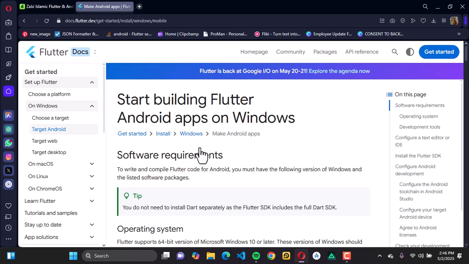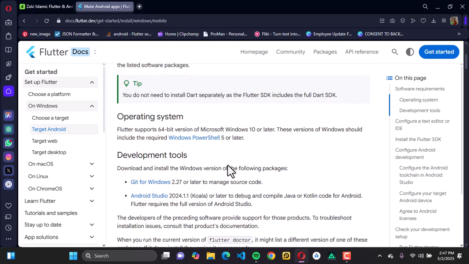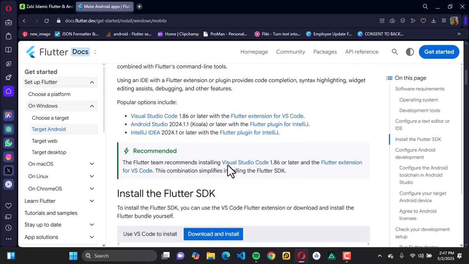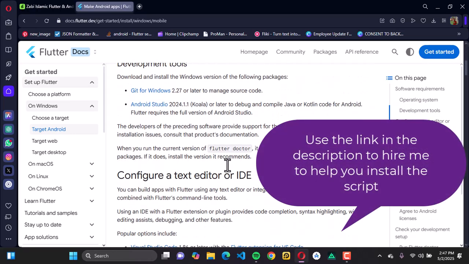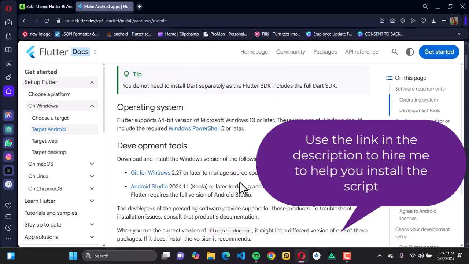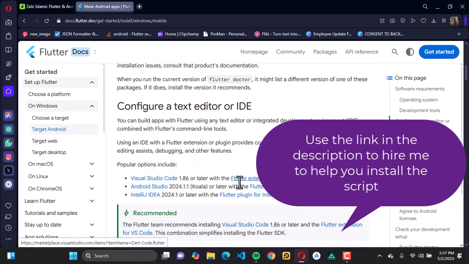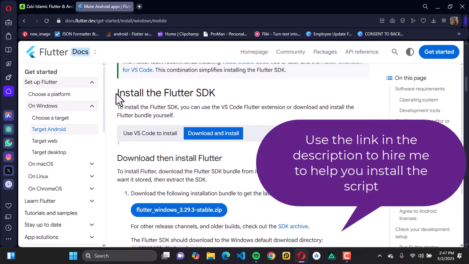So once you're done with that, the next thing you want to go ahead to do is to confirm the software requirements as well as operating systems, as well as also put into consideration your hardware requirement. So what you want to go ahead to do is just read through this and confirm that everything is perfectly fine. And once that is done, the next step you want to go ahead to do is to install the